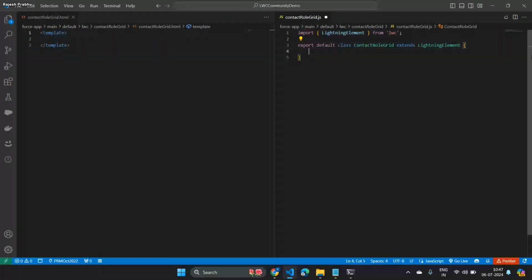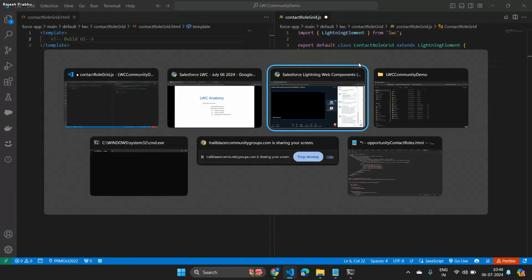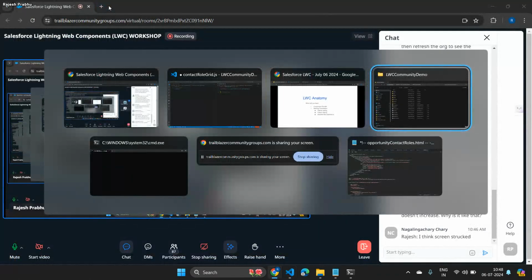So this is where you will write all your business logic, and this is where you build UI. Okay, so there are a few things you should be aware of. Typically,